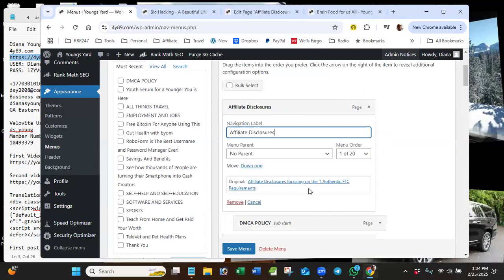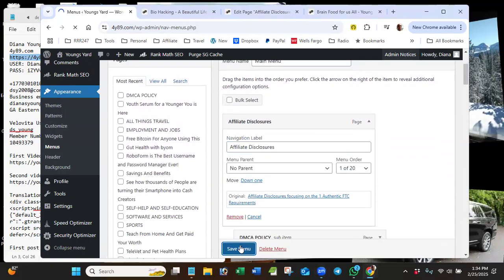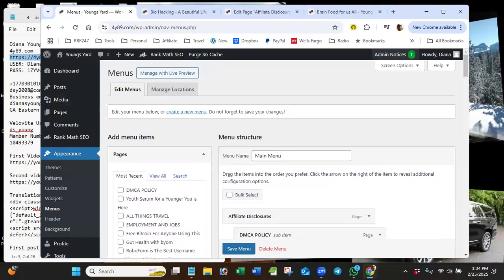And now save your menu. Now it's correct. I'm going to save your menu right here, and then we fix that. So you can change your labels, is my point. So when we go back to your site,